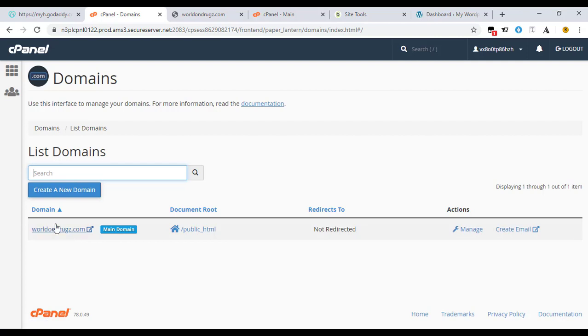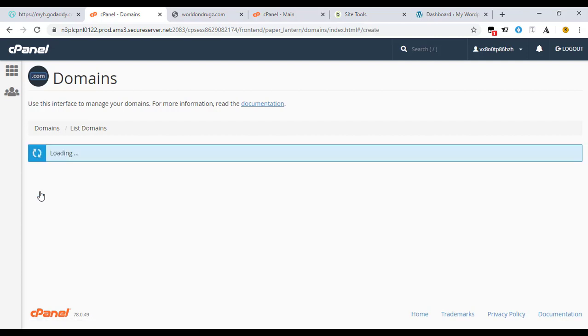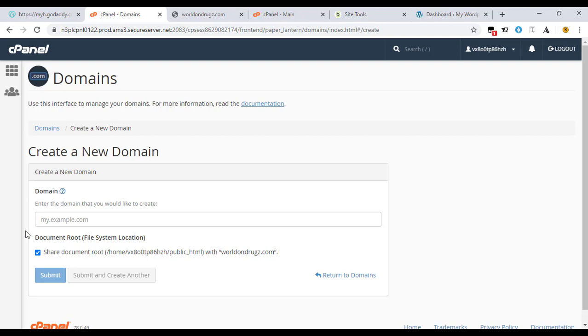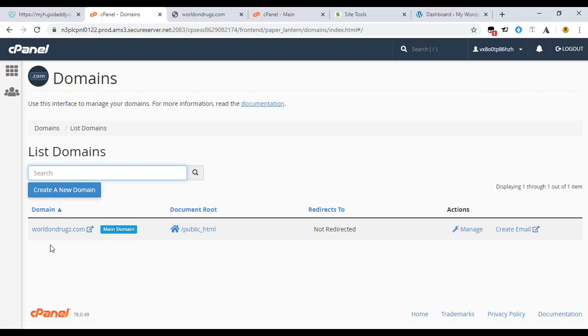But for your second domain, you want to create a new domain and then input the domain URL right here and then submit. It will take a few moments to load up that domain, and then you have the domain showing up